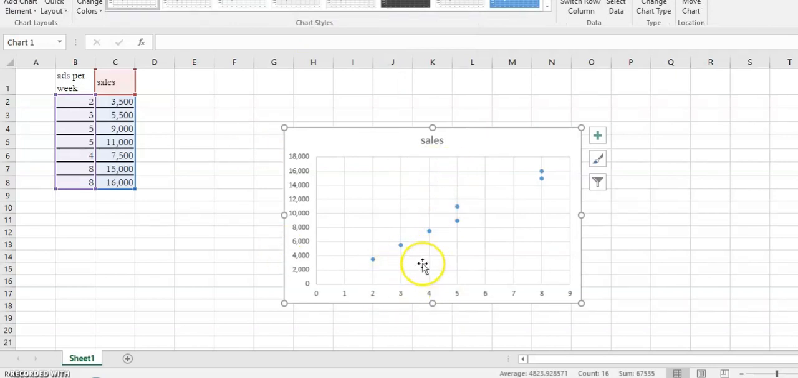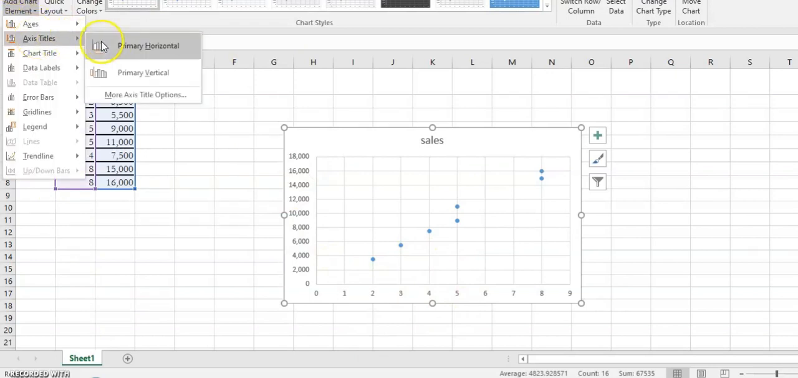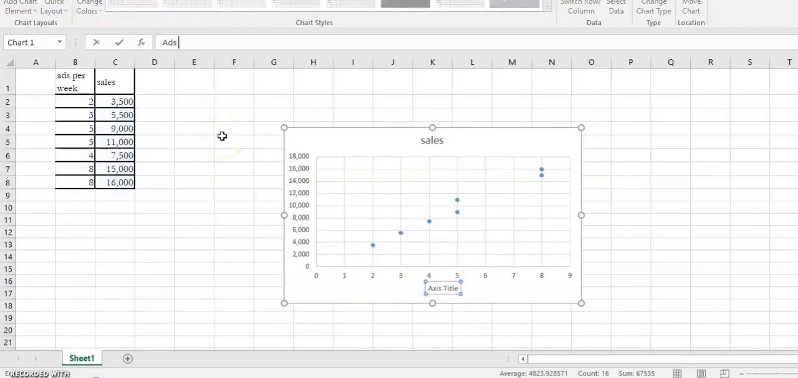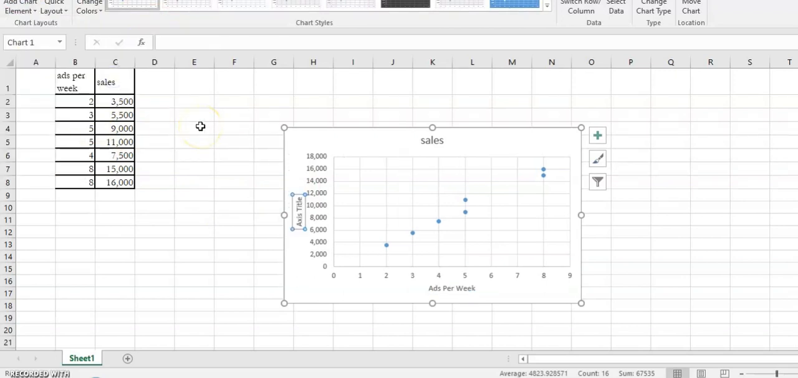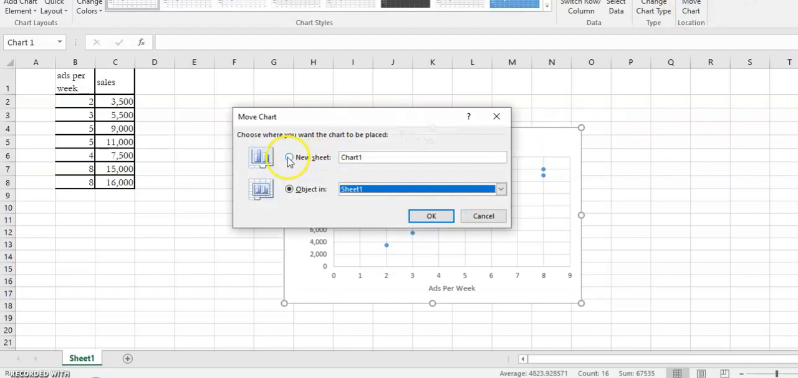And there we go. There's the relationship, and we should put our labels on the axes. So that's ads per week, and the sales, and we'll put dollars. Okay, and we should also include our title. We'll say ads versus sales. And I'm going to move this chart